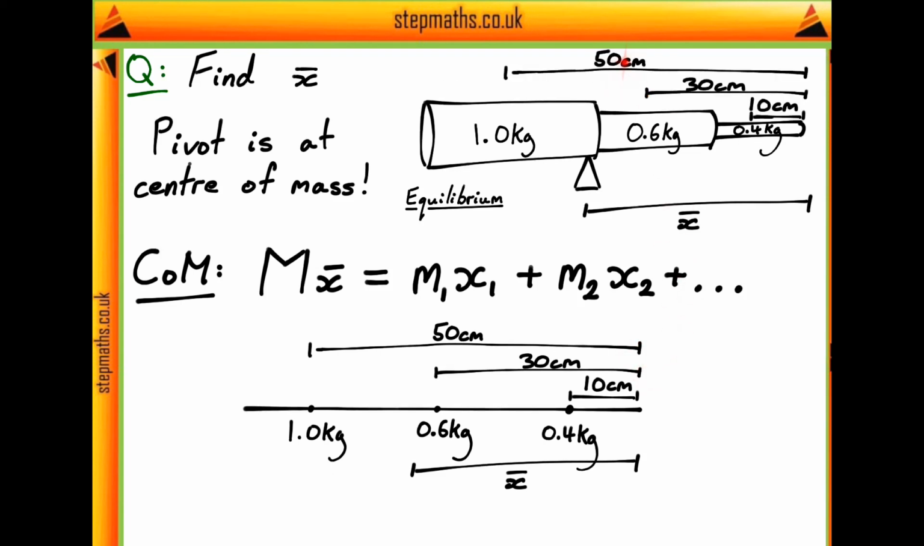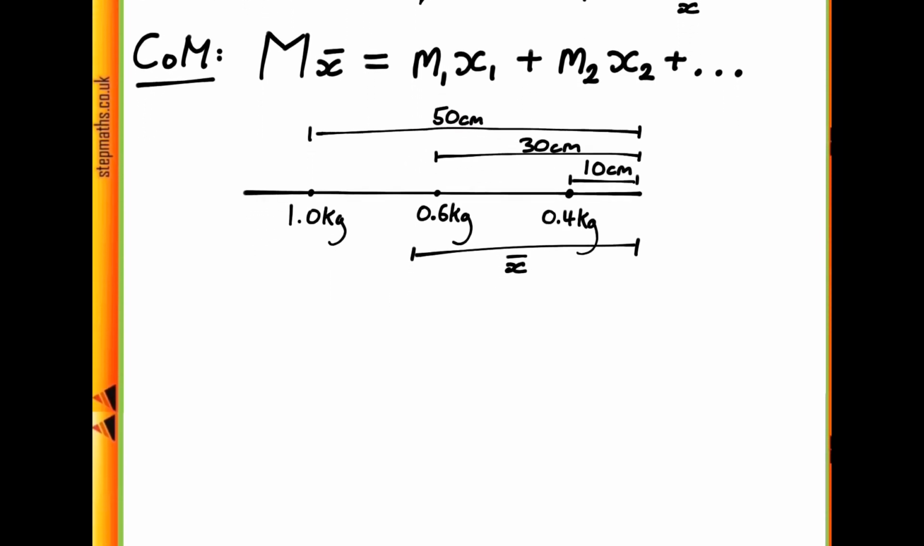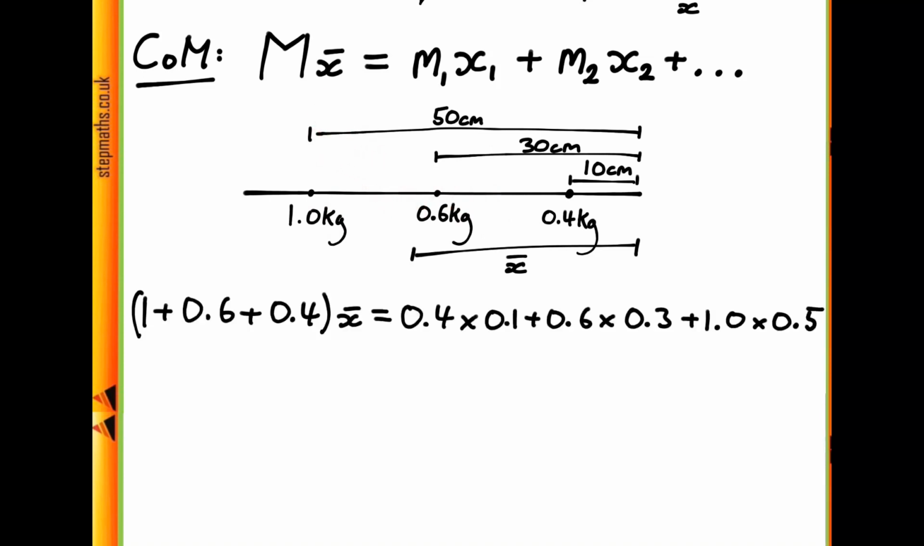Now I've labelled that on here to make it a bit more obvious what's going on. With these positions of the centres of mass, we can go ahead and find the centre of mass of our telescope as a whole. We can substitute these distances into our equation alongside the masses to get this. Our total mass is just going to be 1 kilogram plus 0.6 kilograms plus 0.4 kilograms, and then these are going to be